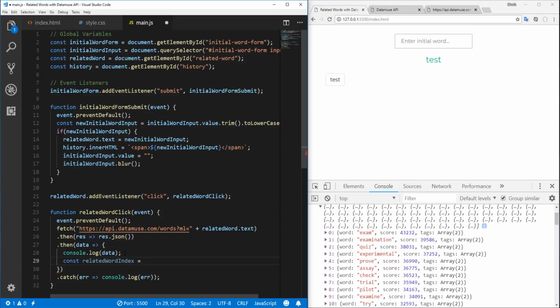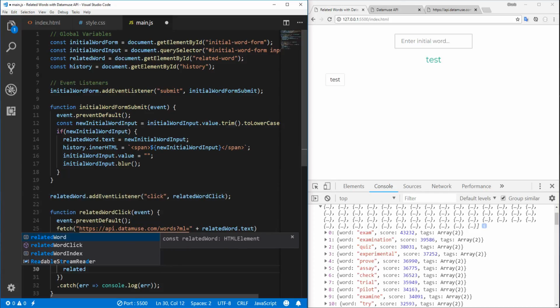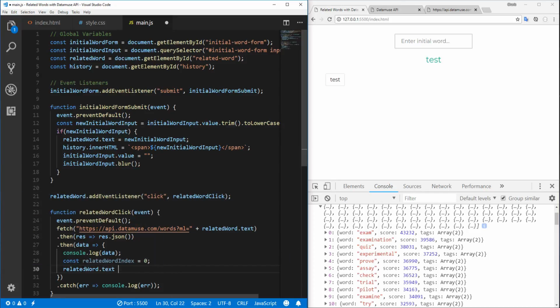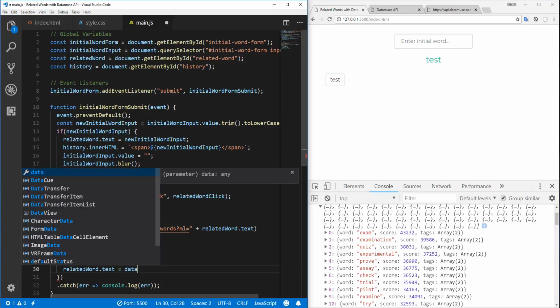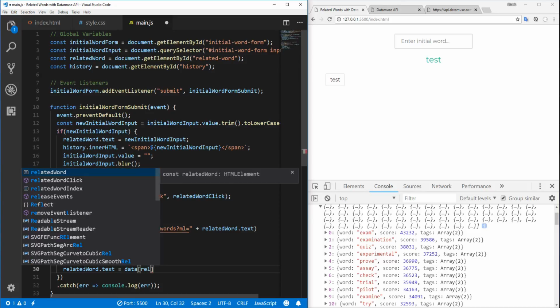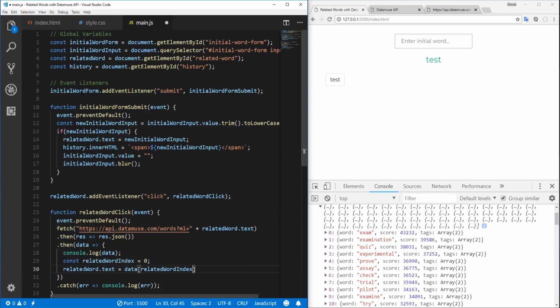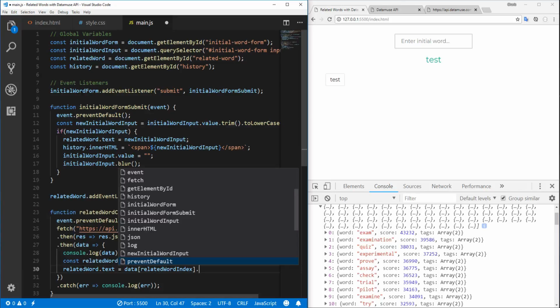But for now we'll just set it to 0, and we'll also update the currently displayed word and the history. So related word dot text equals data related word index dot word,